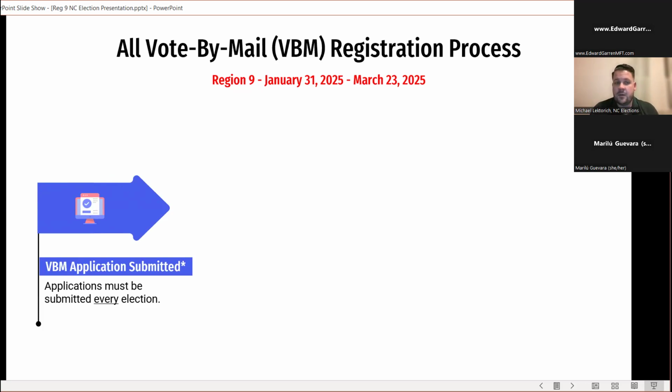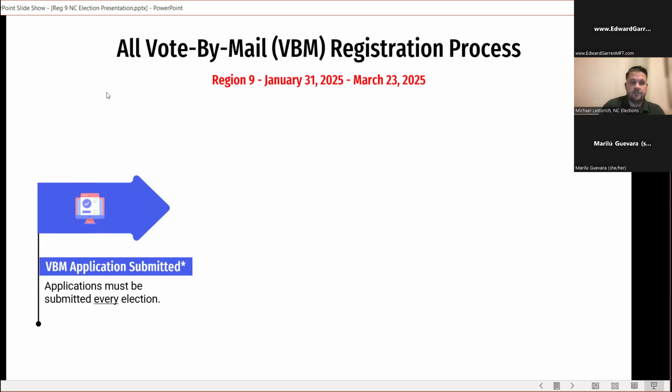So even if a stakeholder has voted in that neighborhood council for 10 plus years, every election they're required to submit an application. The reason for that is because eligibility may change. Maybe their stakeholder status has changed and they might be eligible for a different ballot. So we want to ensure that we're meeting the requirements of the bylaws and also providing the proper ballots to